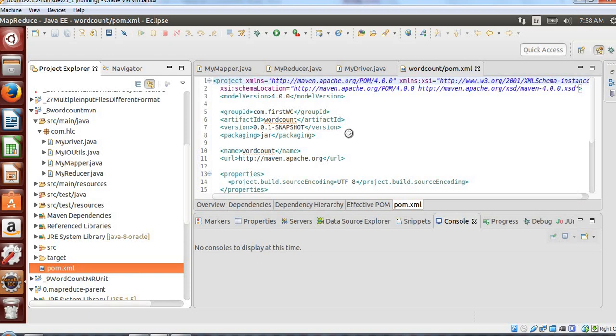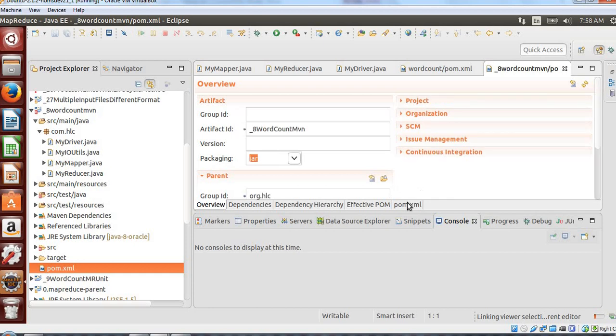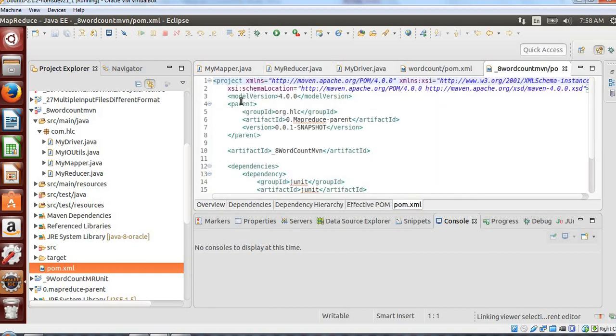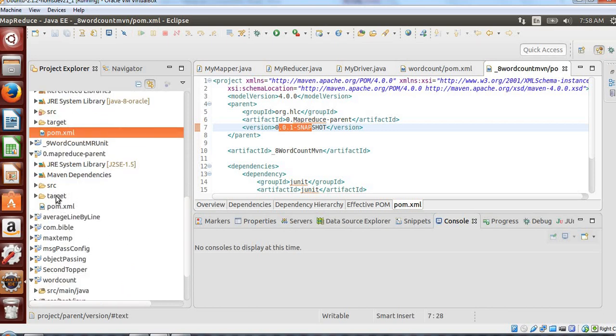Okay, so this is the pom.xml. You just need to add another element called parent, and define the group ID, the artifact ID and the version of the project from which you are planning to take all the dependencies. My plan is to take the libraries from the MapReduce-parent project.